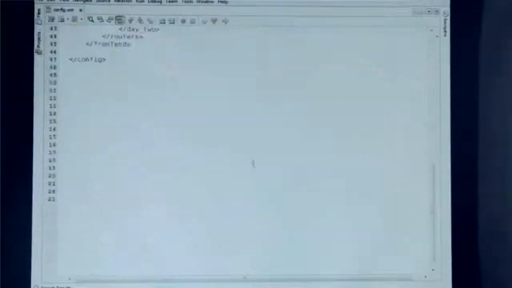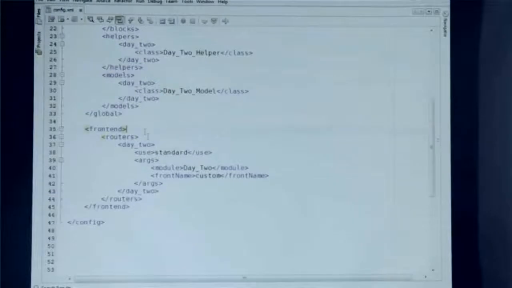And I will walk along with you. Oh, I have routers here. So I can say layout, updates,